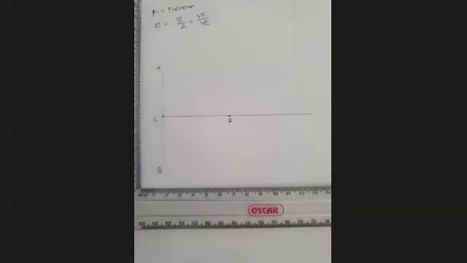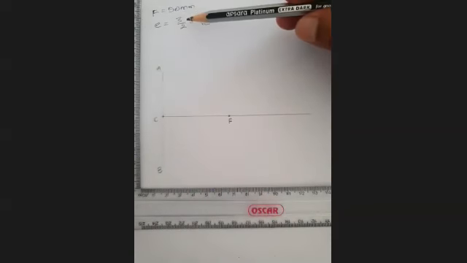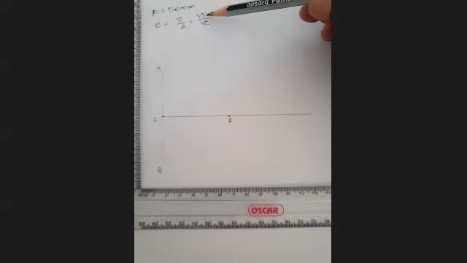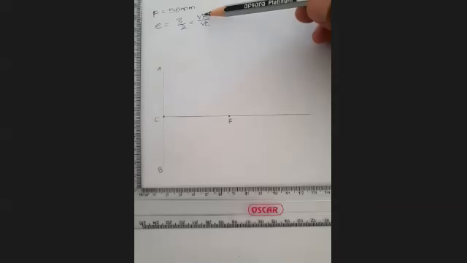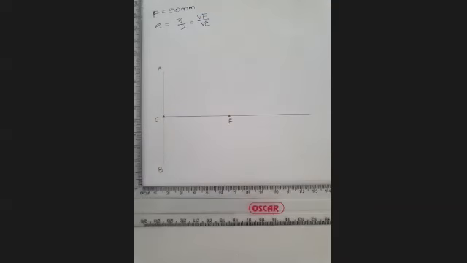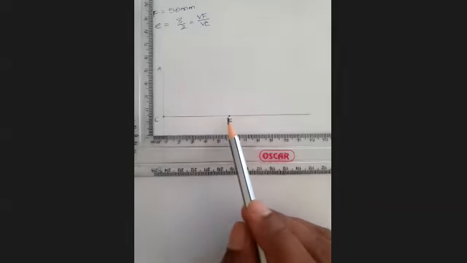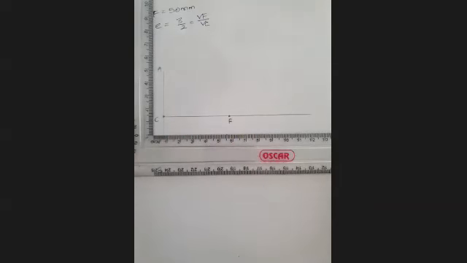Right. Now, next, we need to mark that vertex V, the moving point. In order to mark that, we need to take the help of the eccentricity that is given, which is 3/2. Right? VF is 3 divisions, VC is 2 divisions. So 3 plus 2 is 5. That means we are supposed to divide this into 5 equal parts, right?